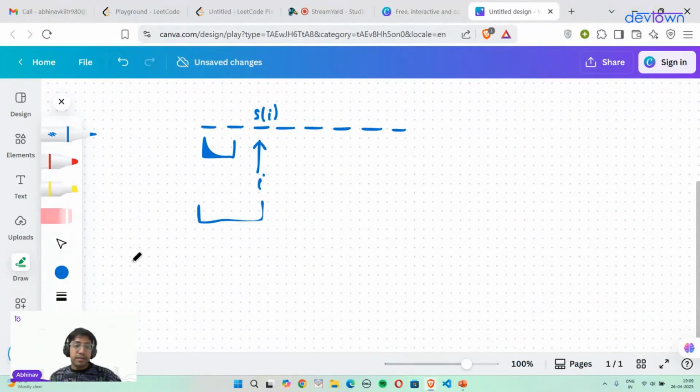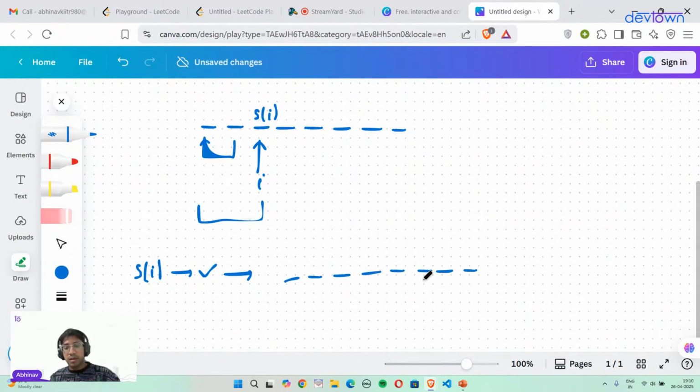But what if S[i] is present? If S[i] is present, then one thing we can do is move this pointer. To understand this, let's take a bigger example. If you are at this index I, this value will be S[i], and you have a pointer from this position to this position. The current substring denotes that all the elements in it are unique. Since S[i] is present in the substring, what we can do